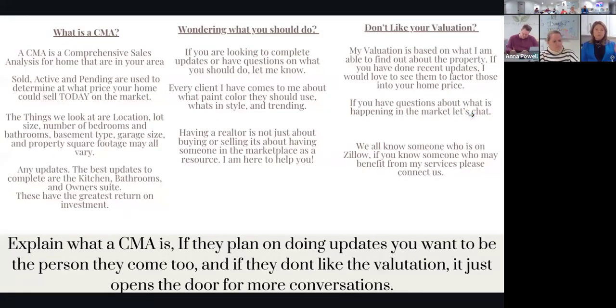And then I throw in a couple of other things, like what is a CMA, what goes into a CMA. People love to talk about updates. If they've updated their house, they're going to tell you because they're super proud of it. It's very expensive to do. But also I want to be the resource that they go to. We go in and out of houses every single day, so we know what's trending, what's out,